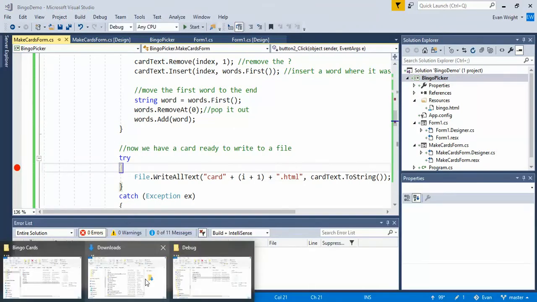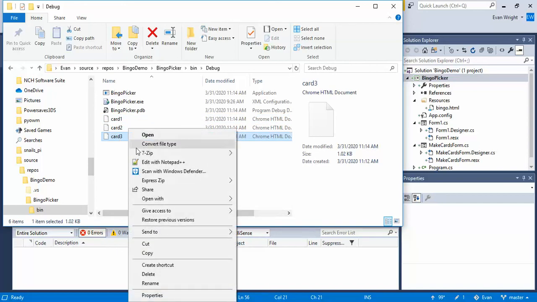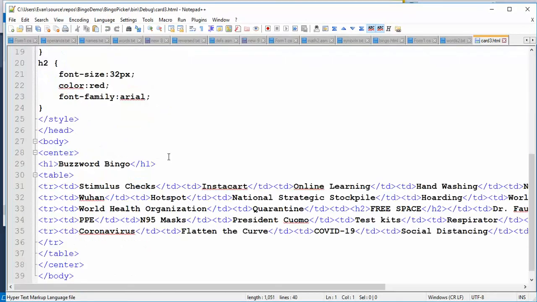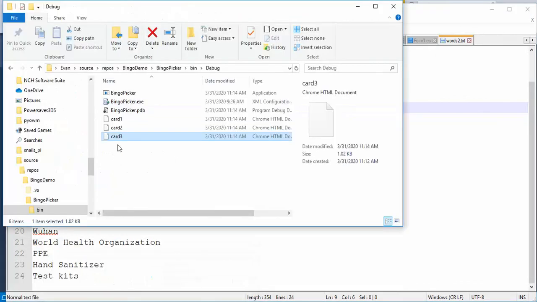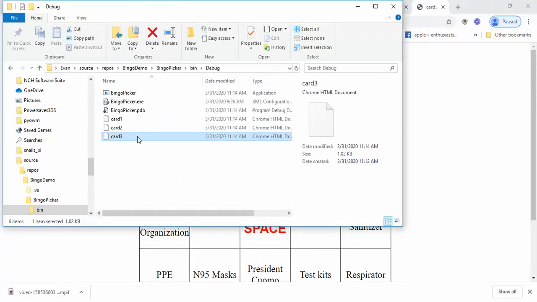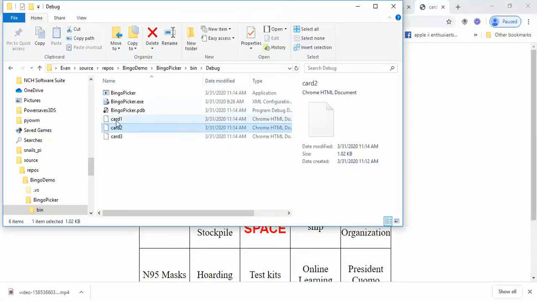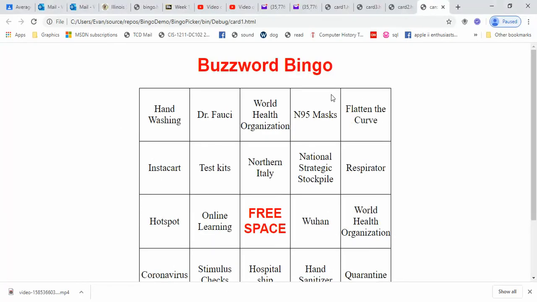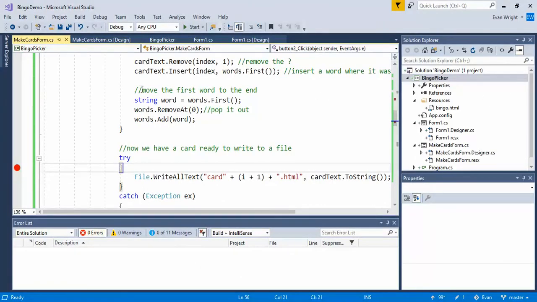So now we're actually good to go. If we open up, you can see that's the correct timestamp, and let's just make sure that the cards are actually different. Let's just be safe. I'll double click, and okay, so it's got stimulus check. If they're all the same, no, they're different. Yep, that's good. Yeah, they are all different. So it actually does all work, and now you can print these out, and you've got this little program here